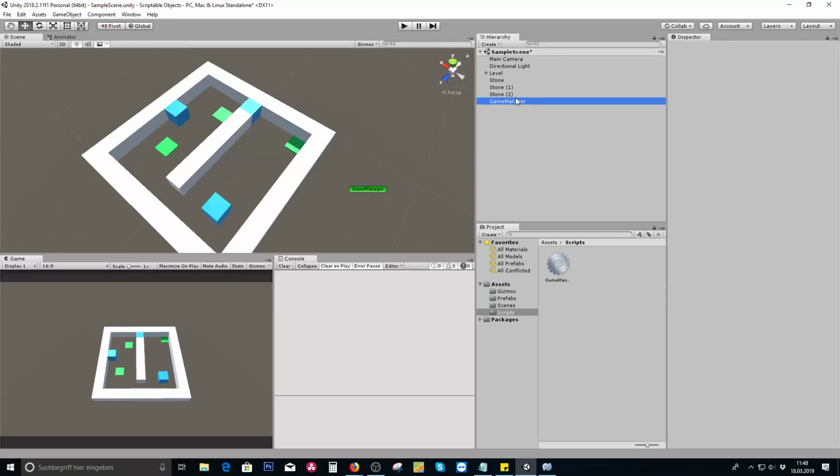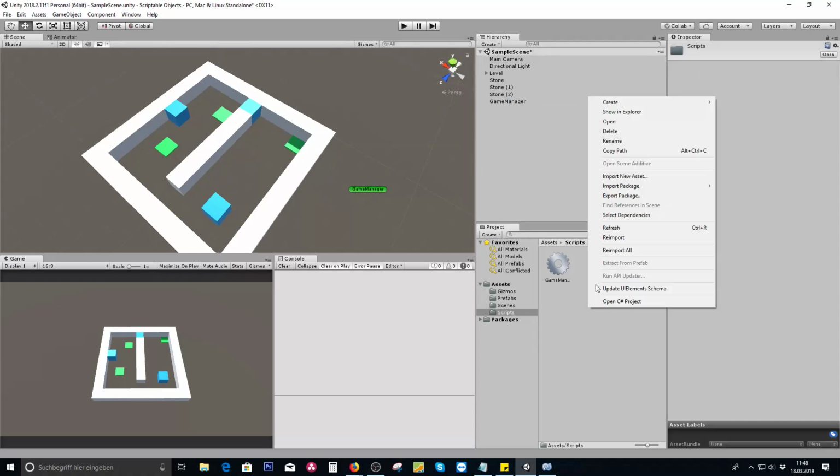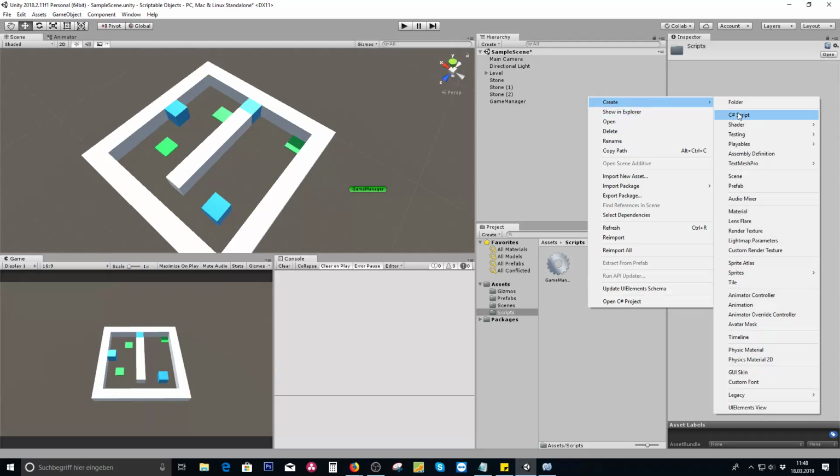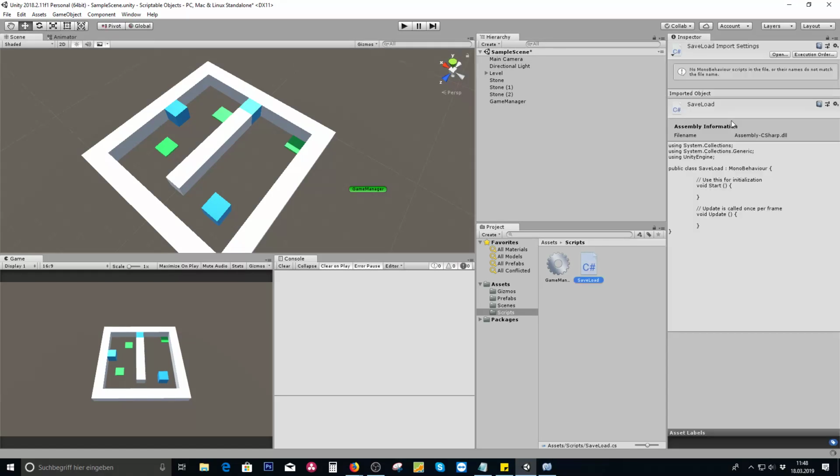Once again, we now want to save this information of the current position of these three stones into some kind of script, or actually in that binary file. So I create a script. I call it maybe save load. You can name it whatever you like, and please, once again,